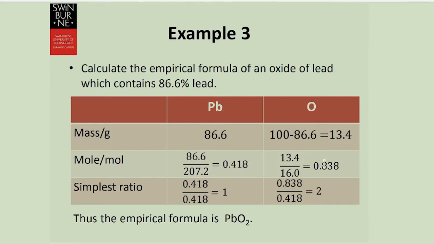In a similar way, we find the number of moles is 0.838 for oxygen. So we divide this 13.4 by its atomic weight, 16. So we divide it and we find the number of moles is 0.838, right? Now we have seen from the definition that